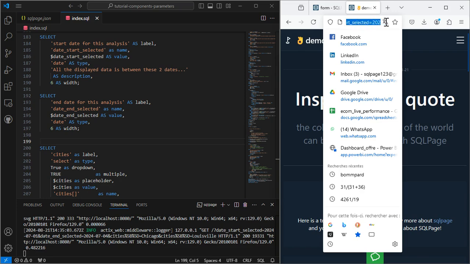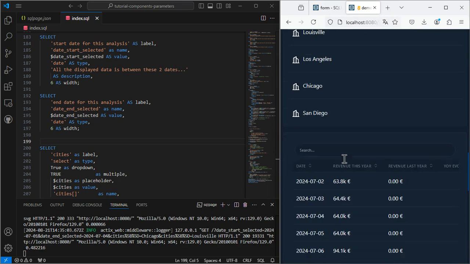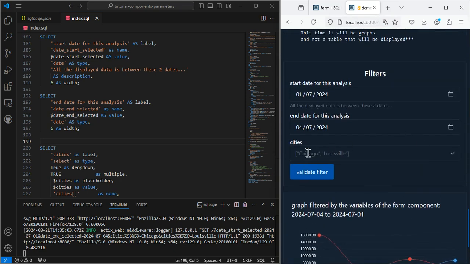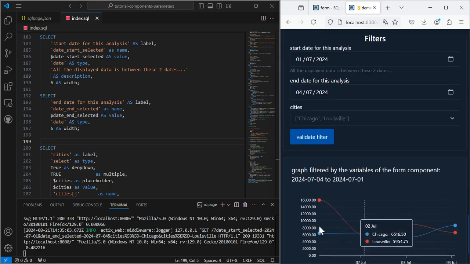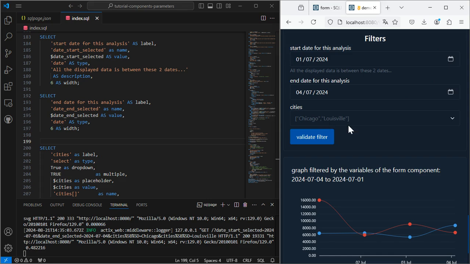The variable of the form appear here. We did select Chicago and Louisville. We did select July 1st and July 4th. The graph displays accordingly, and the values remained within the form.